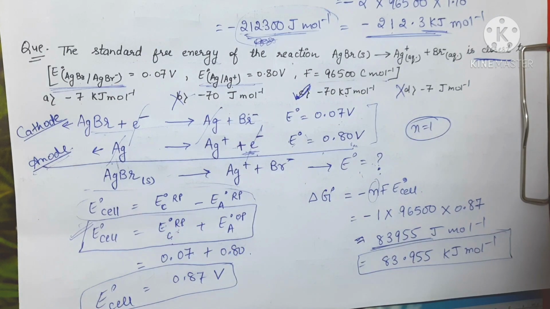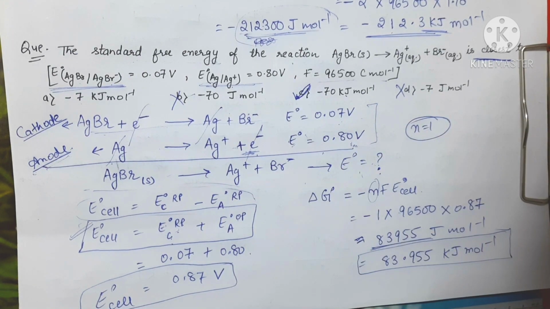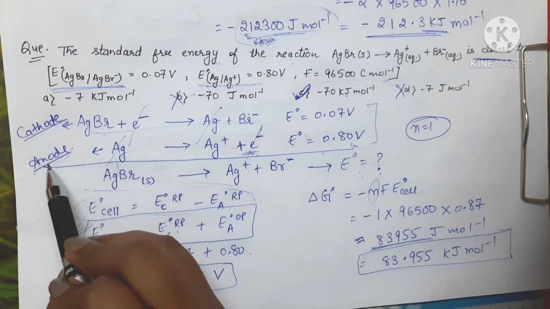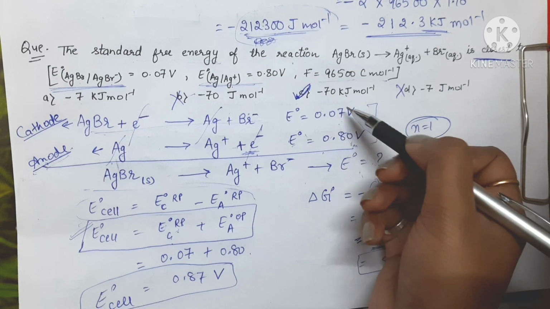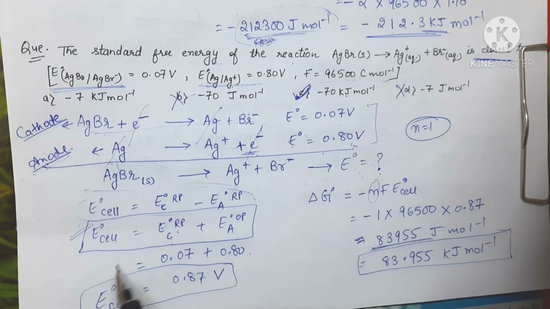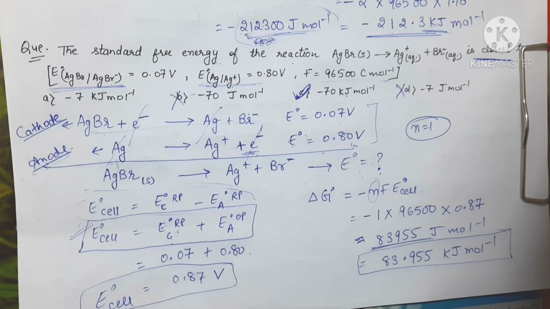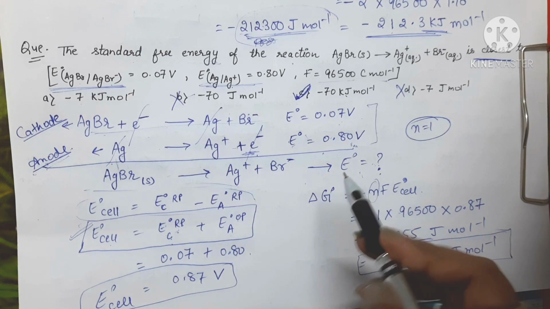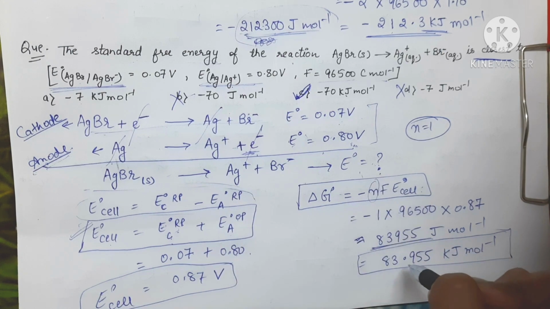So this is how you can approach this question, because they're asking about the closest value, so the answer is going to be option C, right? Here what you should know in this question: at anode oxidation takes place, at cathode reduction takes place. They have given the E0 values of both of these reactions, and we should know the formula for E0 of cell in terms of oxidation and reduction potential. That way we can find the E0 of cell, and then by using the relation between delta G0 and E0 of cell, we can find the value of delta G0, right? So this is it for this question.